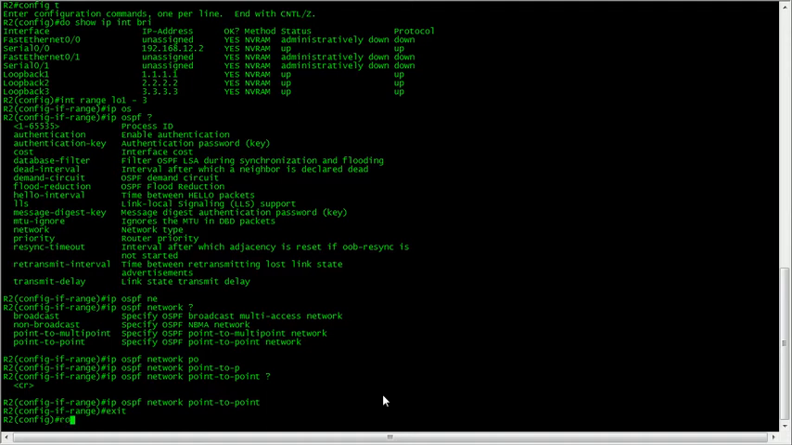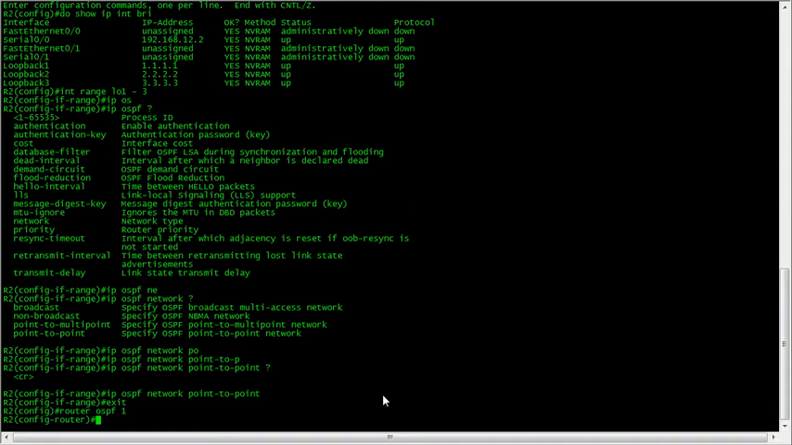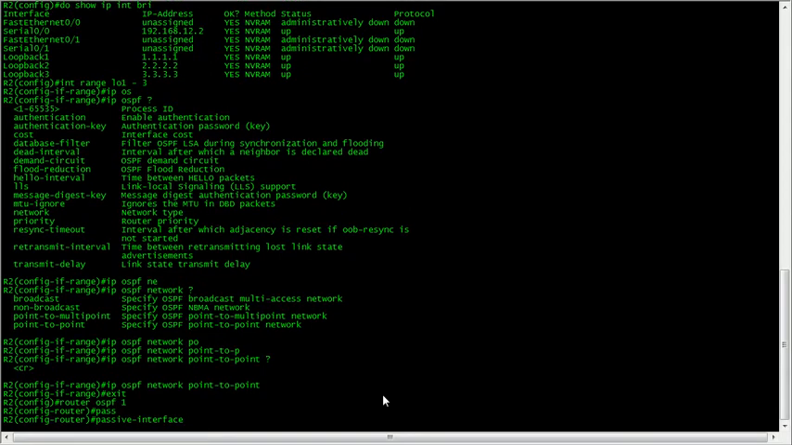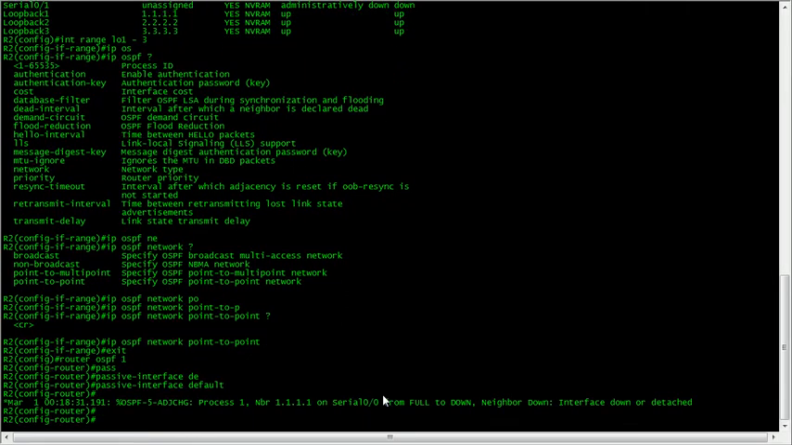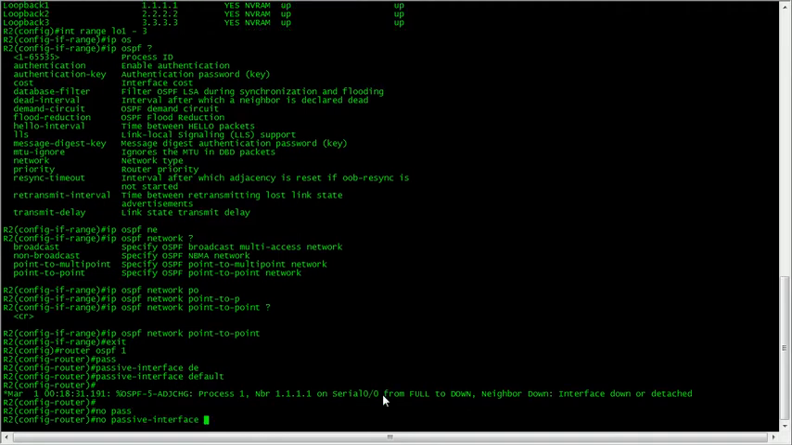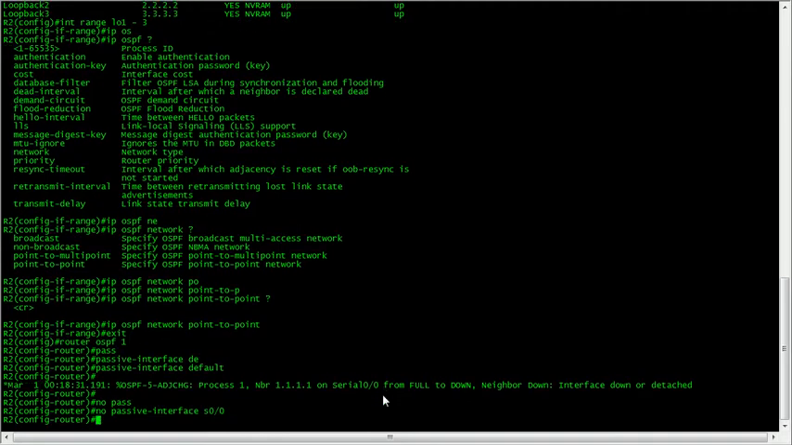Okay, so I'll go under OSPF 1 and passive-interface default. The passive interface stops hello packets. So the passive-interface default command stops hello packets being sent out of all interfaces. So the neighbor adjacency has just gone down. Okay, so if I do no passive-interface S0/0,